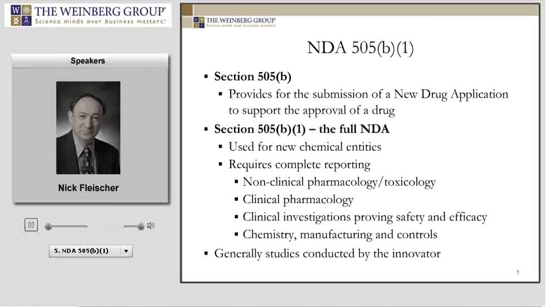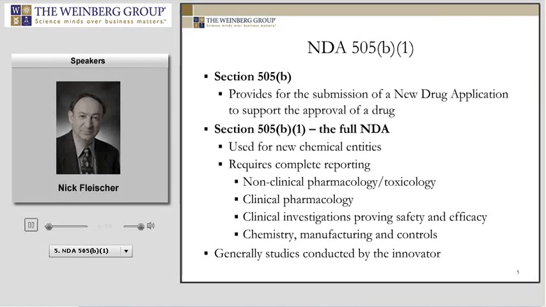There is an exception to a 505(b)(1) that may not contain all these parts that I've listed on this slide, and that situation is when a 505(b)(1) applicant wants to submit a somewhat modified application. By that I mean, let's say, a modified dosage form or some change from their original application. But instead of having to repeat all of the studies that they may have done for their original application, they can actually reference the FDA to go to their original NDA and to utilize some of the information that would pertain to their new application, and by that they have referenced that information and wouldn't have to repeat it.